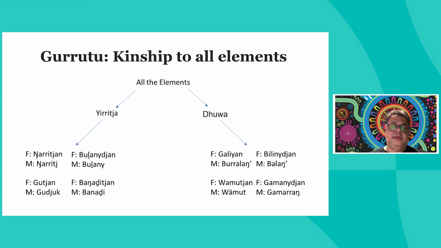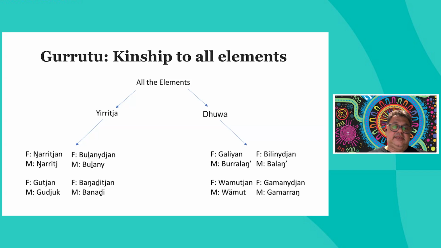So everything you think about in the world, from water, wind, plants, animals, stars, moon, whatever you're thinking about, it's part of the system. So for this, the first level of this system is a thing called moiety, and moiety is an anthropological word. It's Latin for meaning 2 halves. And up there it's called Yirija and Dua. So everything in the whole entire world is put into Yirija, and everything is put into Dua. Now, underneath Yirija and Dua, and this next step below here is for people only, you have what they call 4 mulk underneath each moiety. So Yirija have 4 mulk and Dua have 4 mulk.